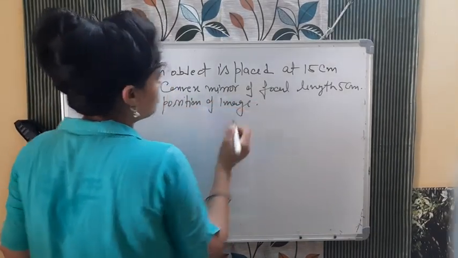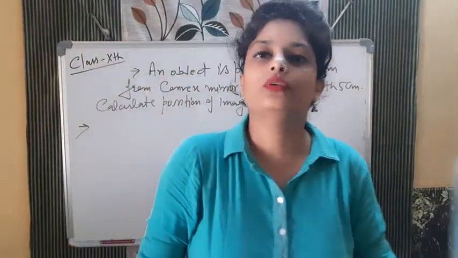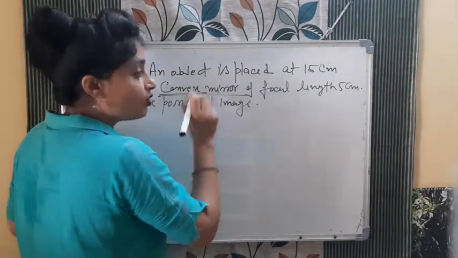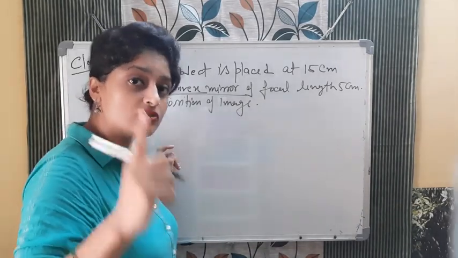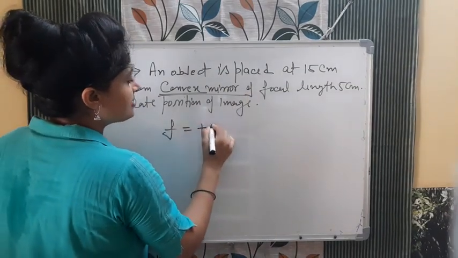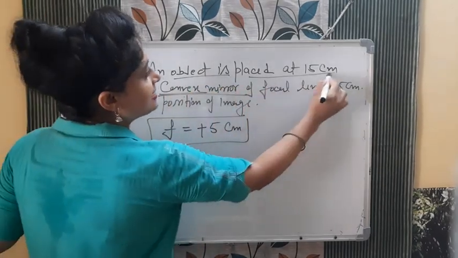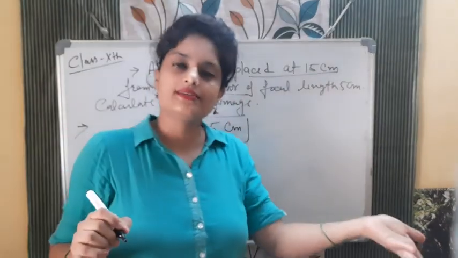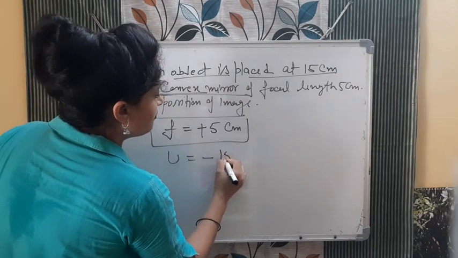I have taken a simple question like this, nothing much. So first of all, what did I tell you, that you need to find out which kind of mirror this is. So first, which mirror is it? It is a convex mirror. So what will the focal length always be? Positive. In convex it will be positive, in concave it will be negative. So here it is a convex mirror, so what is the focal length? +5 centimeter. It is given. Second factor that is given to us is the object is placed at 15 centimeter. So U is given. And U, I already told, either it is convex mirror or concave mirror, will be negative. So negative 15 centimeter.